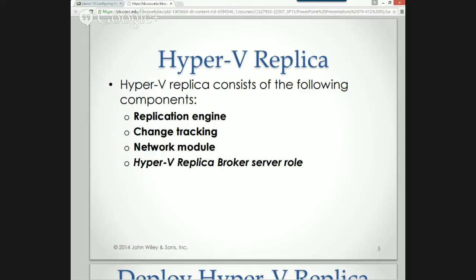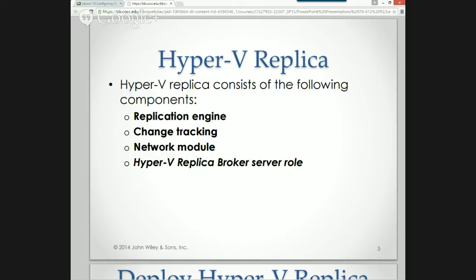So with Hyper-V replication, we have a replication engine and a change tracker. Here's my original VM, here's my replica VM, here's some changes that I've made, so what's between? The change tracker says, here's a change, have I made the change there?